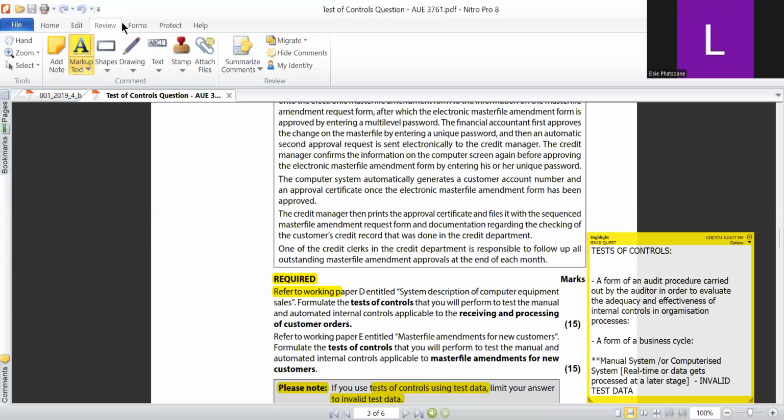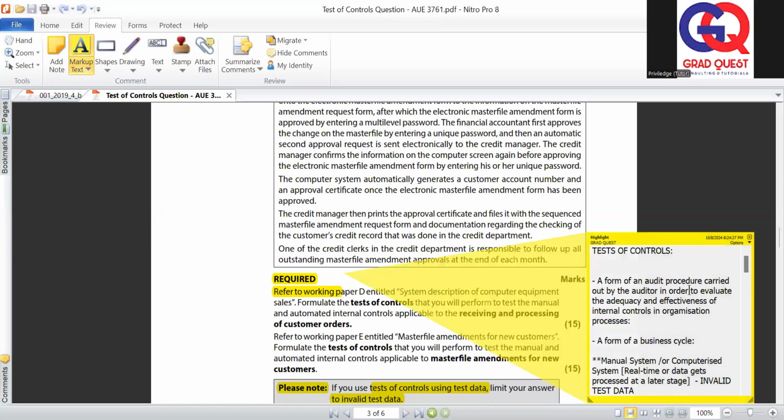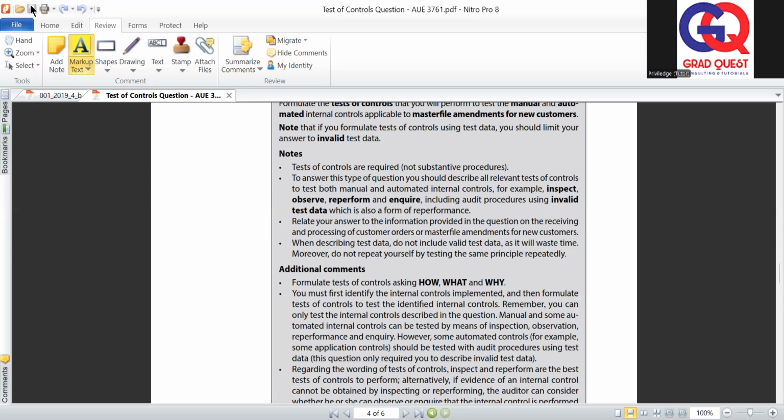Let's continue now. So now I want us to meticulously evaluate the required section of this particular question. And another important thing that I want you to see, of course, some of it, as you go through the rest of this question, you discover the answer explained it. But I just thought, before we get into the actual question, let me help you understand what exactly the examiner looks for when they are marking the question on the test of controls.